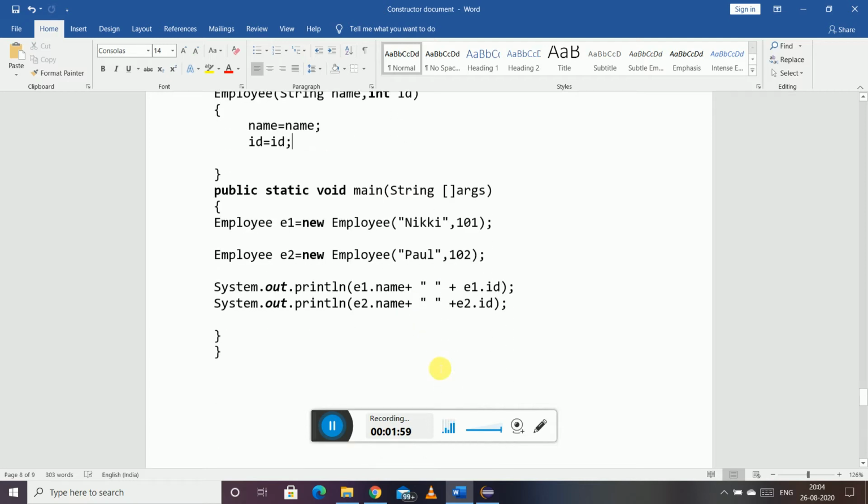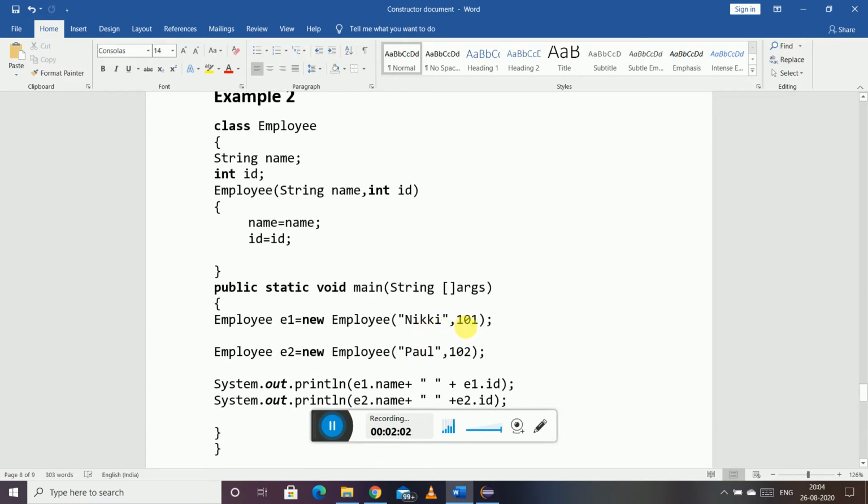One more point is, this Nikki and 101 do get passed to this name and id. Means when this employee constructor is called from here, this name and this id will get the value Nikki and 101, but when the control enters this constructor, the value of these parameters gets overwritten by this name and this id.